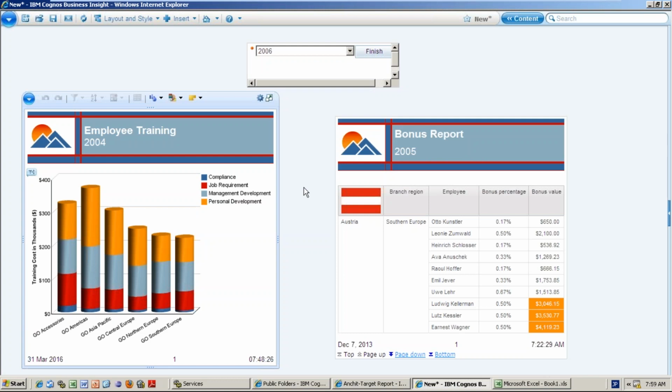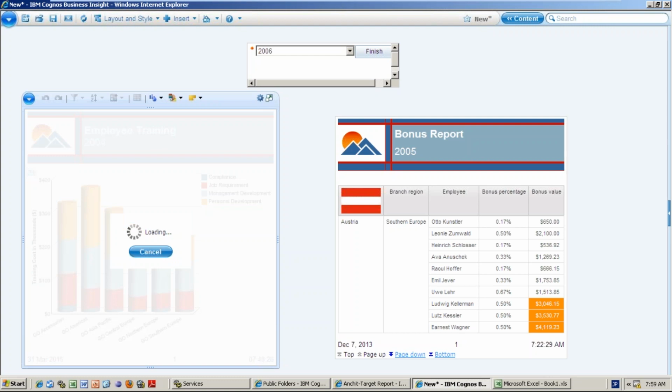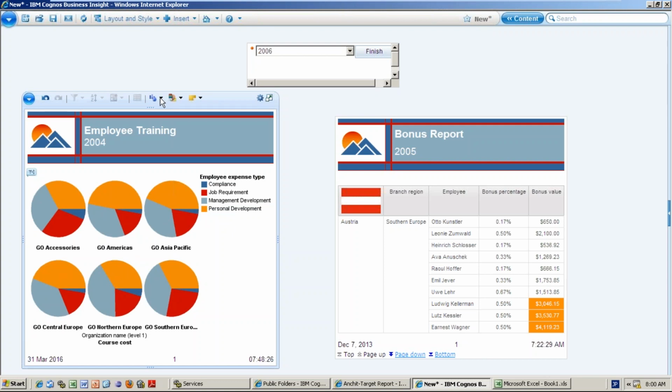And second thing is here, say for example here in the report studio I have used the column chart or bar chart, right? So you can change the display type also, see. So here automatically, but it is not there in the report studio. I didn't create it like this. It will automatically give you an option. You can go for some other charts. So in business insight, you will get a provision to change to any of the charts by default. Because in the report studio, whatever chart you have created, it will come, right? But here, even though you didn't create it in the report studio, it will give you an option of anything. Column chart, line chart, you can go ahead.